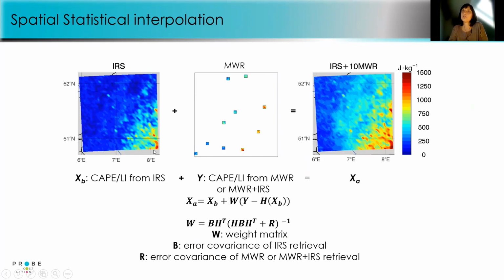And the weight of each source of information within this approach is dependent on the error covariance matrix of each retrieval. And for the available microwave radiometers, we applied a synergistic retrieval to show